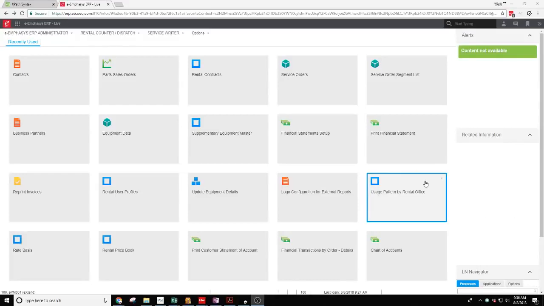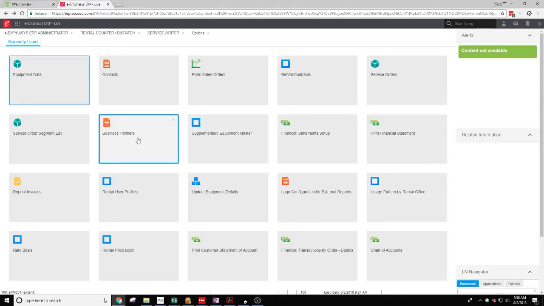This is a tutorial on how to use the document control in ERP. Document control is what allows you to attach pictures and documents and videos to an object in ERP. We'll start with equipment. If you go into the screen for equipment,